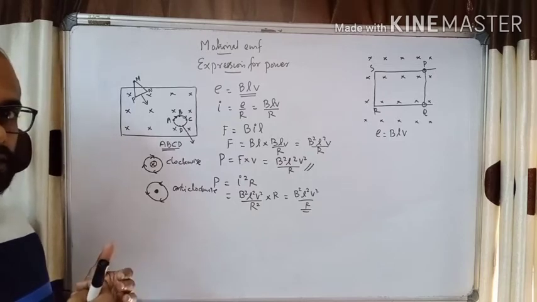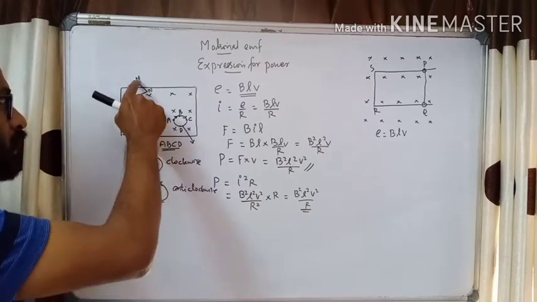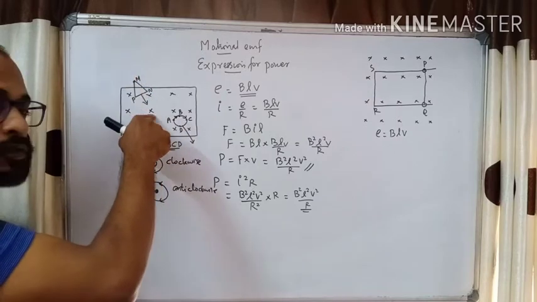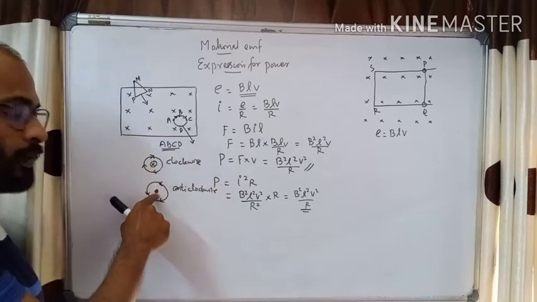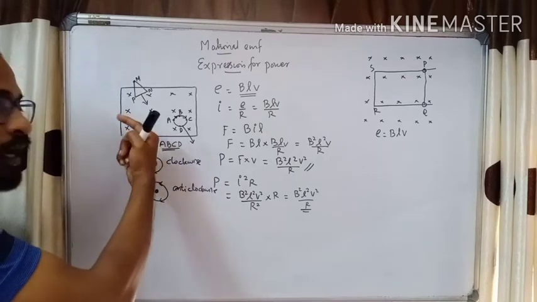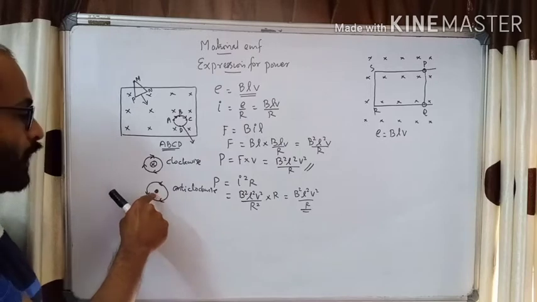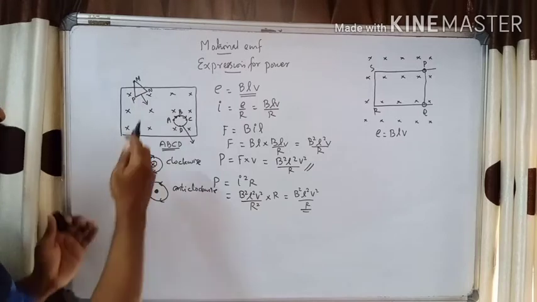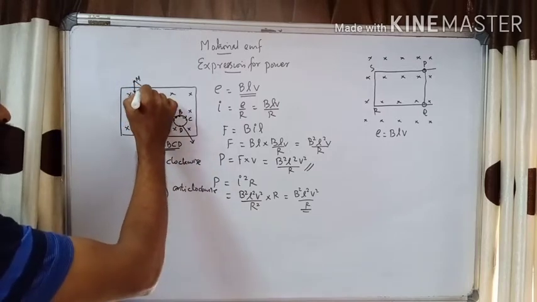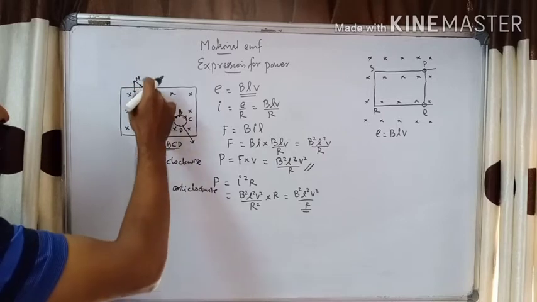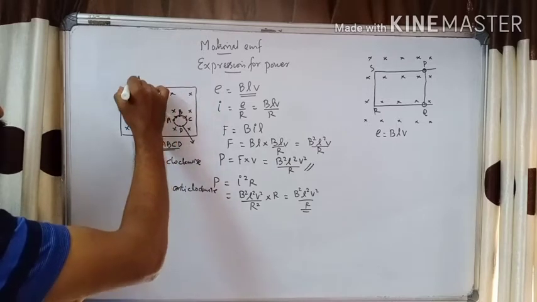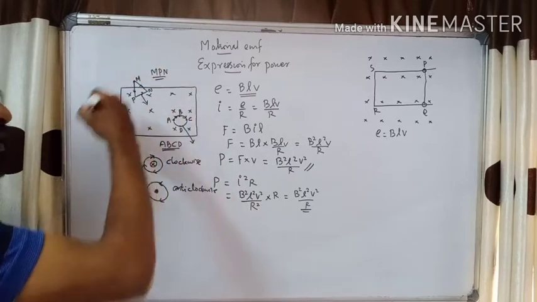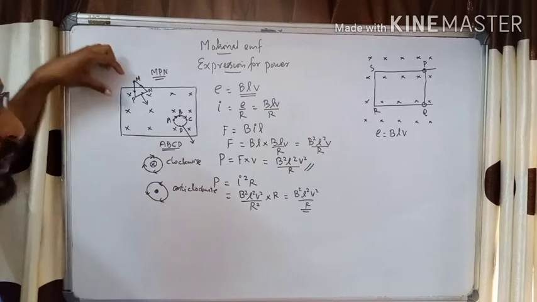To reduce the flux, what do we need? The coil needs to produce some induced current. The magnetic field should be opposite of this. Opposite means it should be dot, which means outward. To produce an outward field, the current should flow in anti-clockwise direction. So here the current flows in anti-clockwise direction, which is the direction M, P, N. In this anti-clockwise direction current should be produced, because here the flux is increasing.